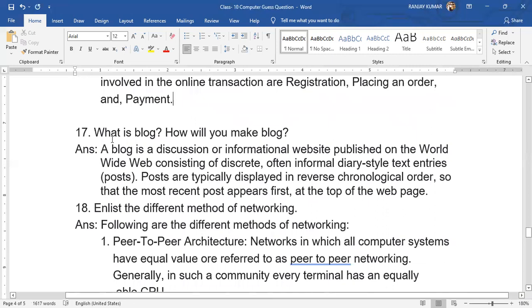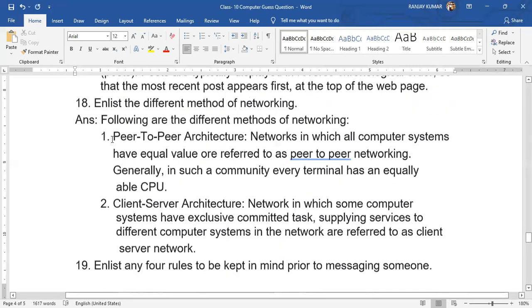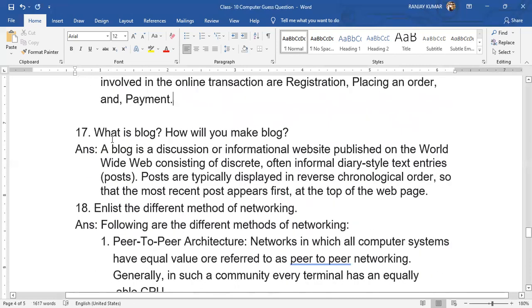So next question. Only 20 questions, oh sorry, 19 questions I have. So don't worry, it will end very soon. Number 17, what is a blog? How will you make a blog? So a blog is a discussion or